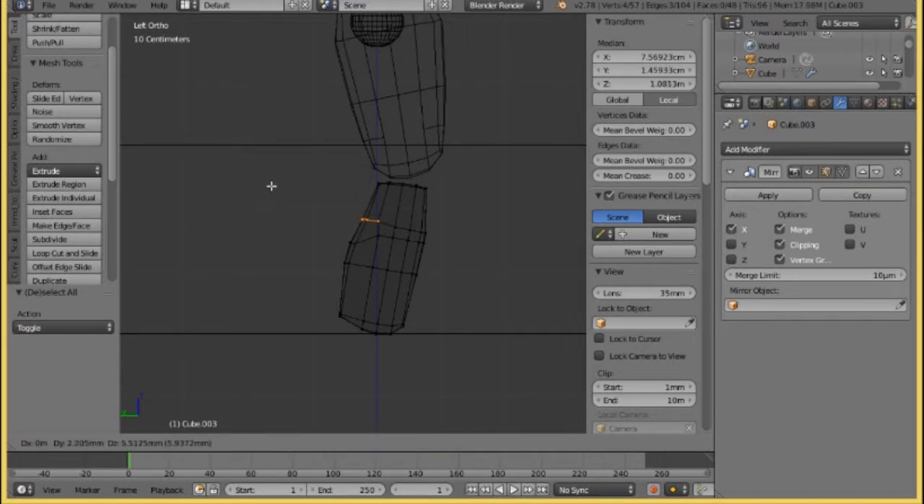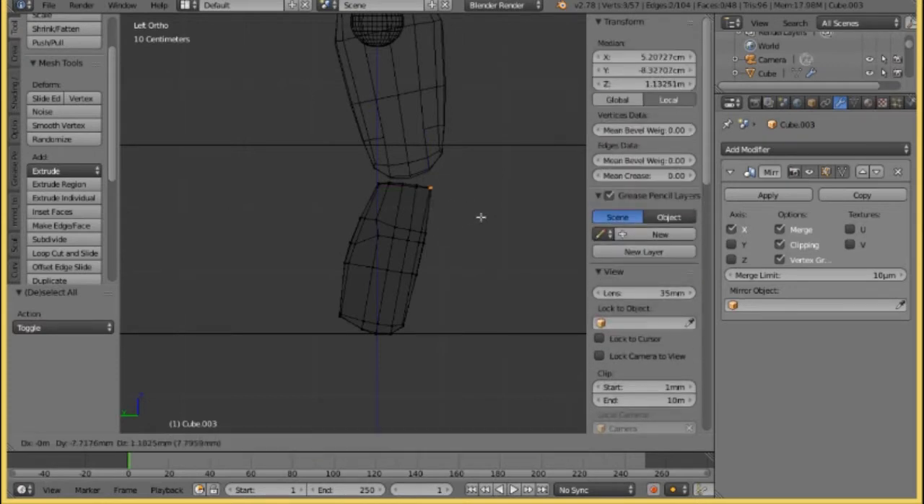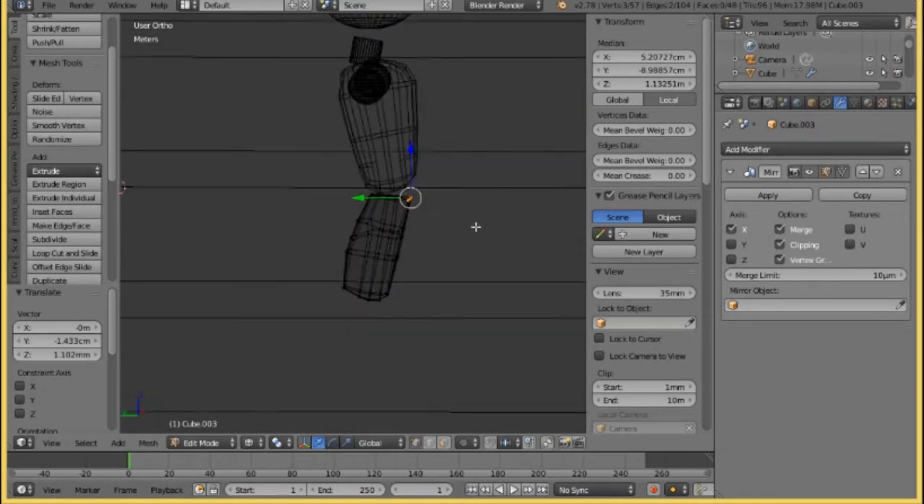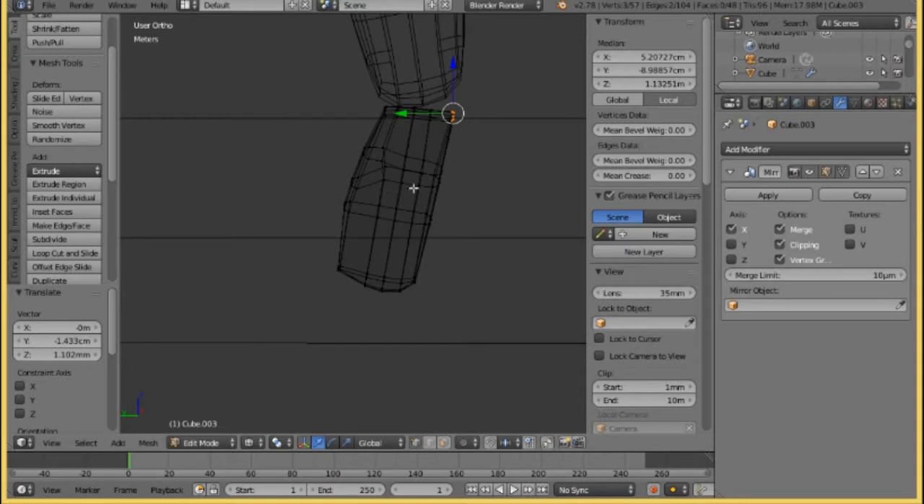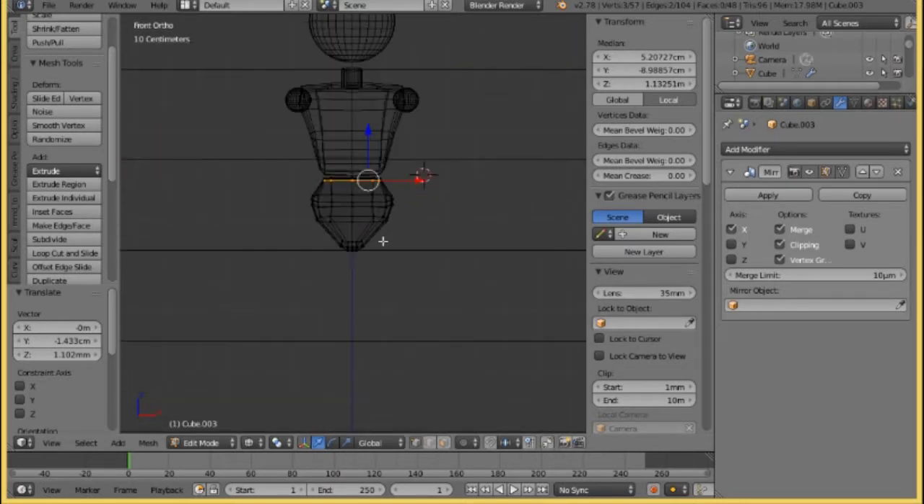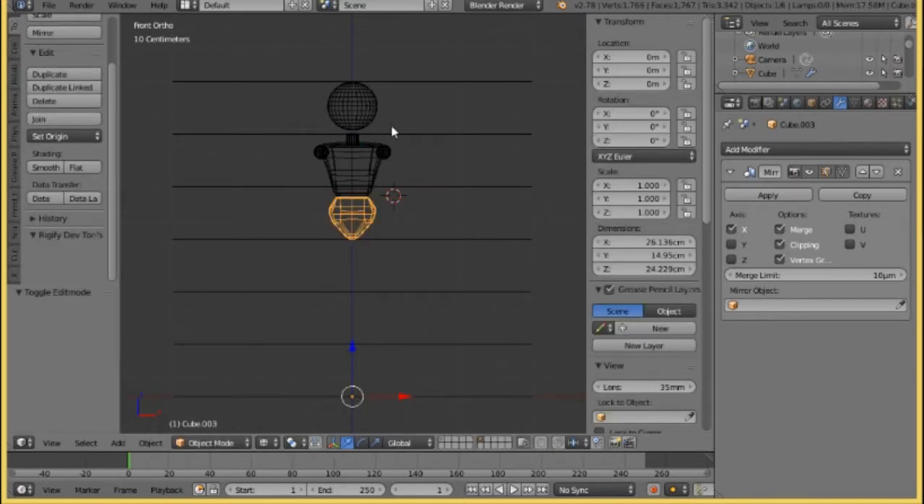Let's move this here. Something like that. And I'm sure we can make her always a little bit curvier than she is now. She has quite bright shoulders. Okay,